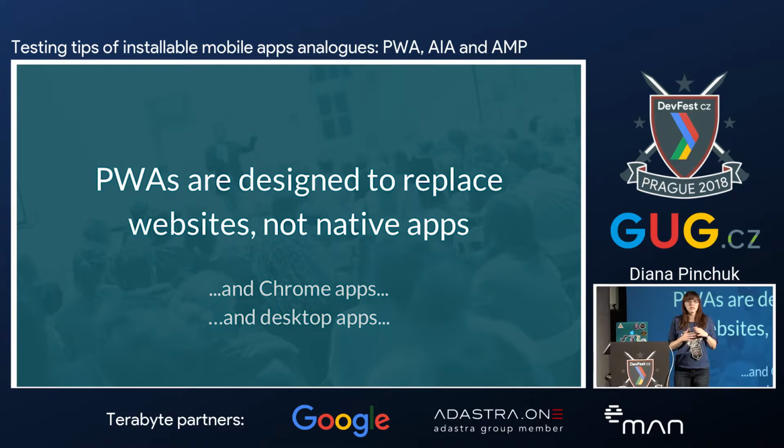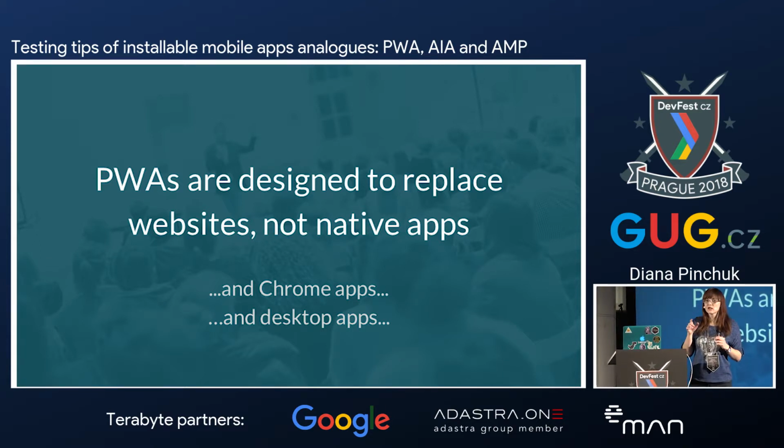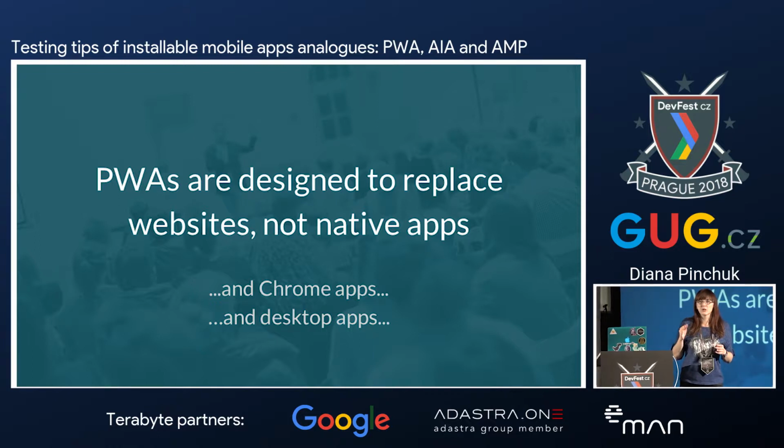Preparing for this presentation, I saw a thought that progressive web apps are designed to compete only with websites. But then I started digging and realized that not only with websites, they're a very good competitor to Chrome apps. If you know, Chrome apps stopped being developed this year, and they are dropped now. And Google actually is trying to use progressive web apps on desktop. Earlier this week, Chrome released version 70, which started support of desktop applications on Windows and Linux. As I know, Mac is coming soon in version 74, which is near New Year.